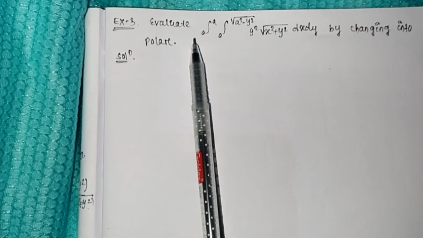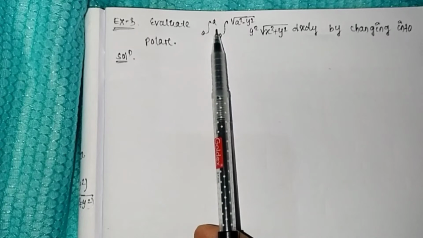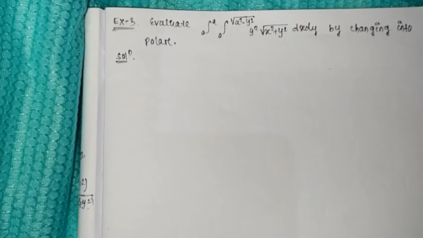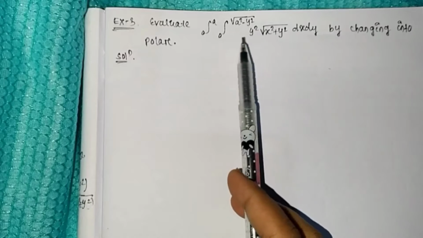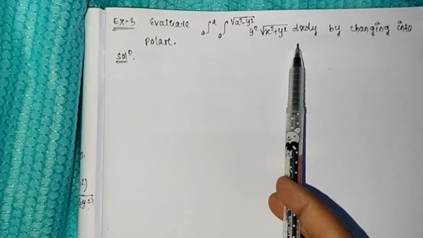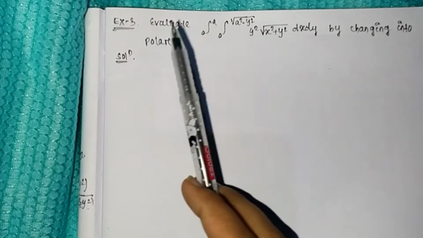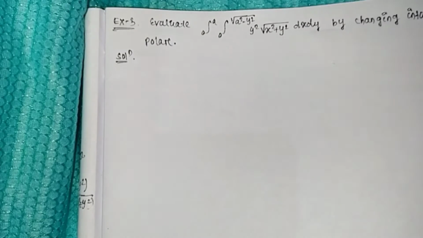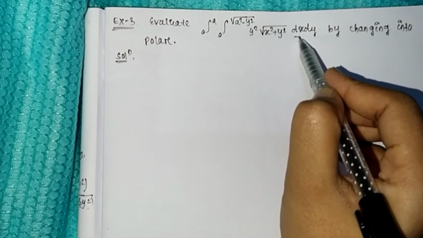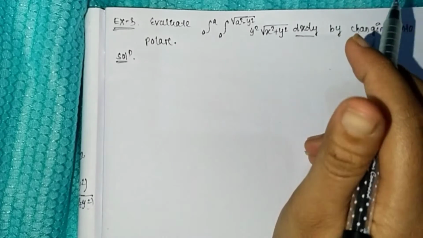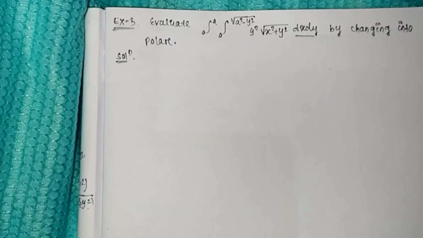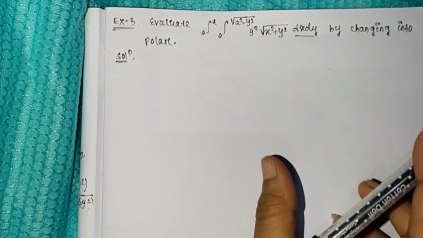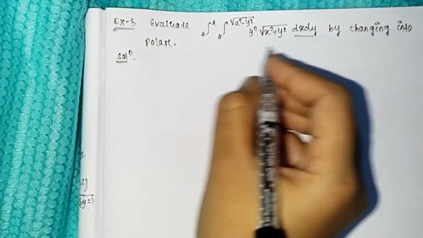That is our example. Evaluate the integral from 0 to a, and from 0 to root over of a square minus y square, root over of x square plus y square dx dy, by changing into polar coordinates. That means we change the variables dx dy into dr and d theta. So see how we change the coordinates into polar form. First, here it is given that